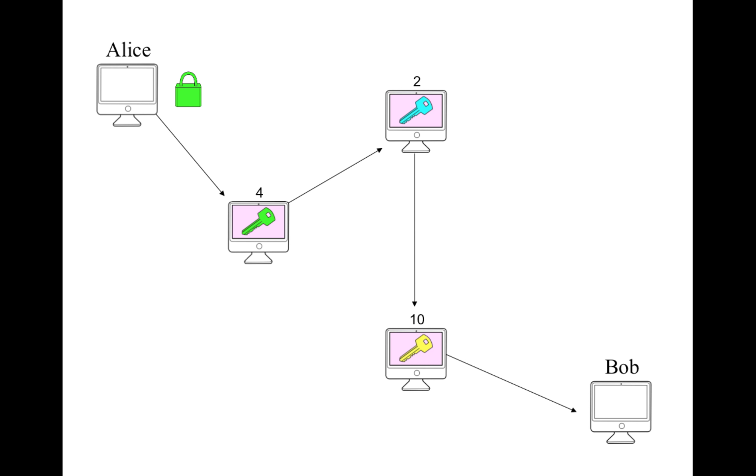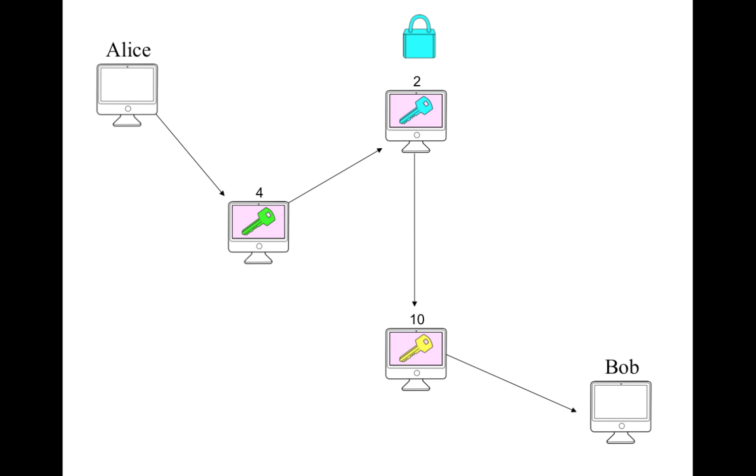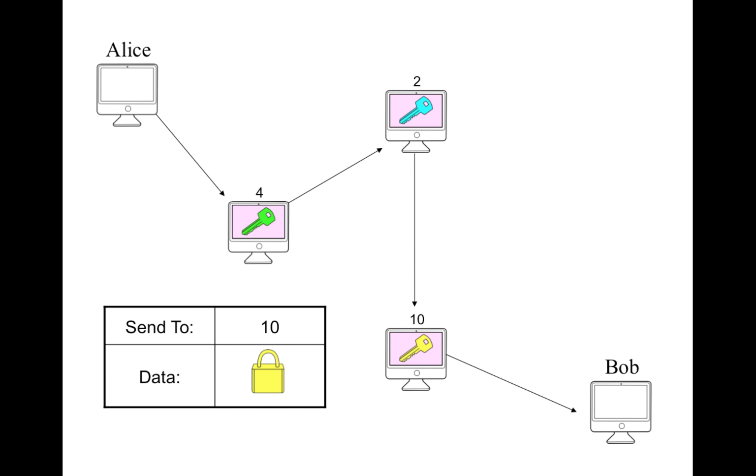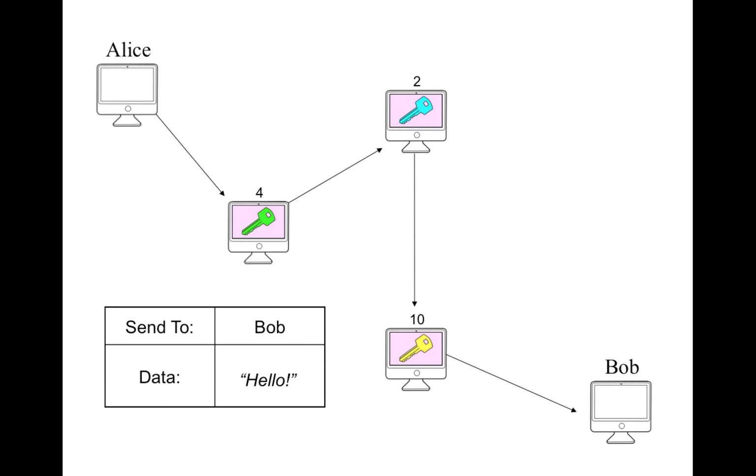Now we are ready to send our packet through the network. Alice sends the packet to node 4. Node 4 decrypts it and finds that it has to send it to node 2. Packet is sent to node 2. Node 2 decrypts it and finds that it has to send the data to node 10. The data is sent to node 10, and node 10 strips away the last layer. Tor is known as an onion router protocol because of this unpeeling option.